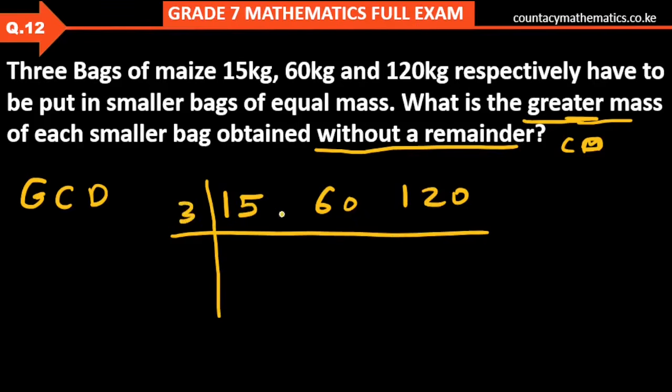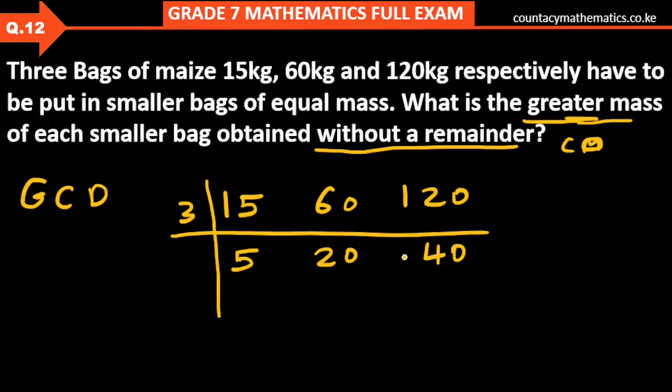Therefore, we write a 3 there, and we divide 15 divided by 3. That's gonna give us a 5. 60 divided by 3, that's gonna give us a 20. 120 divided by 3, we get a 40. Amazing. We check again. Can 3 divide these numbers again? Unfortunately not. Why? Because 5 is not divisible by 3, same to 20, and also 40 is not divisible by